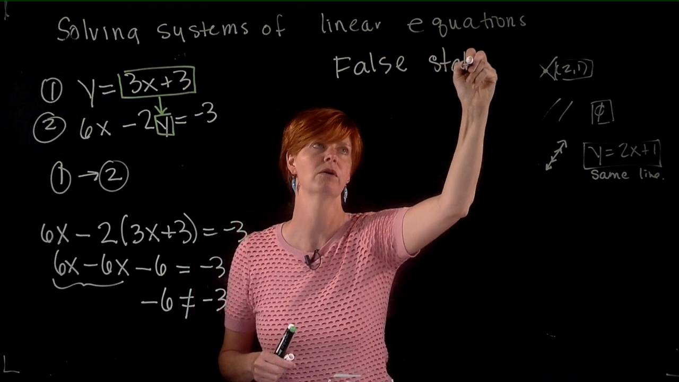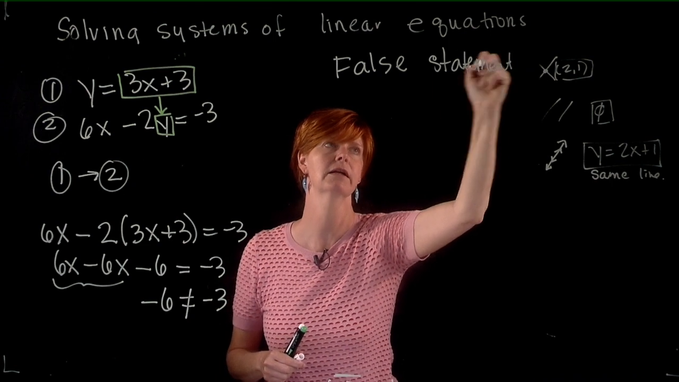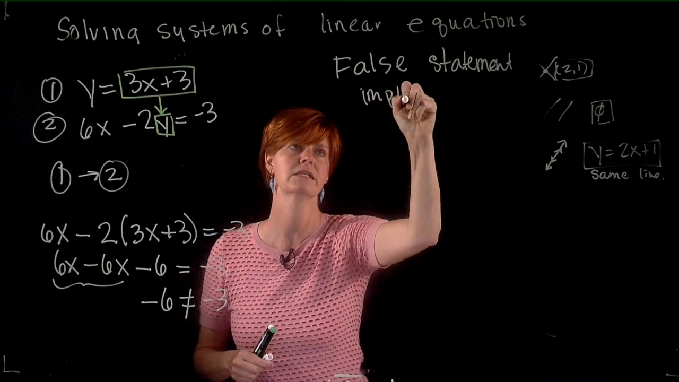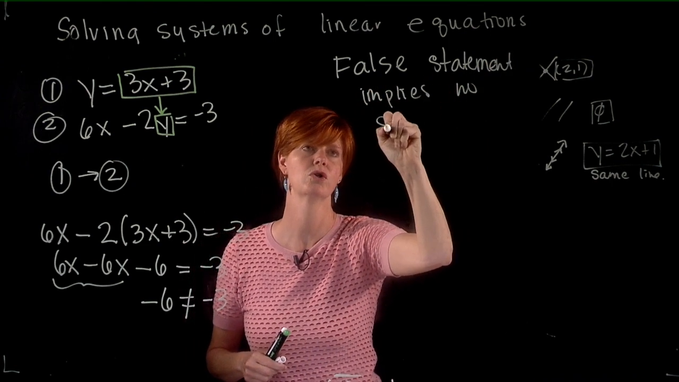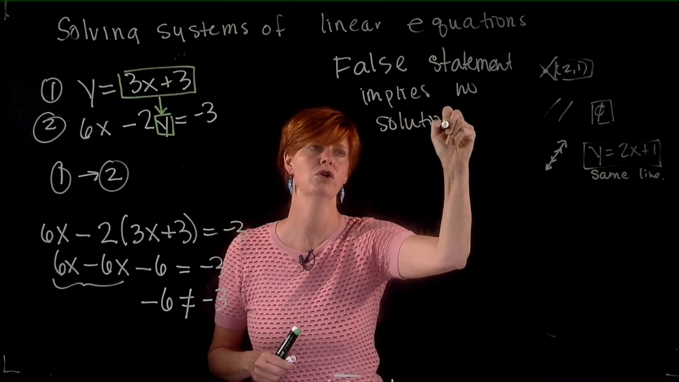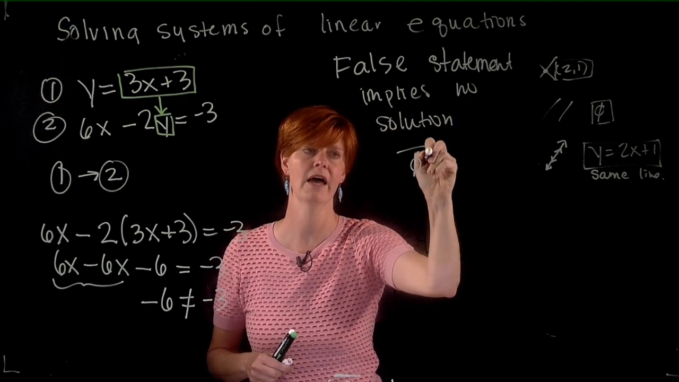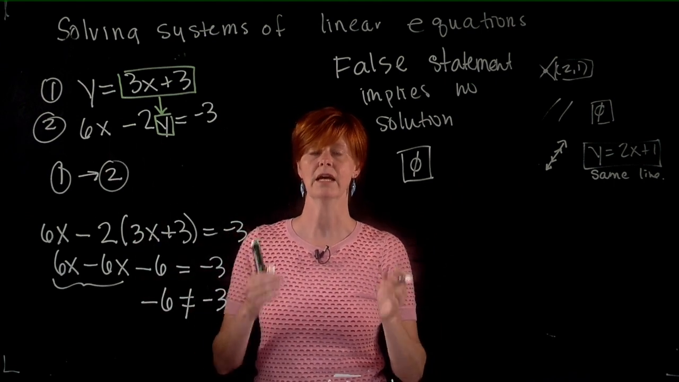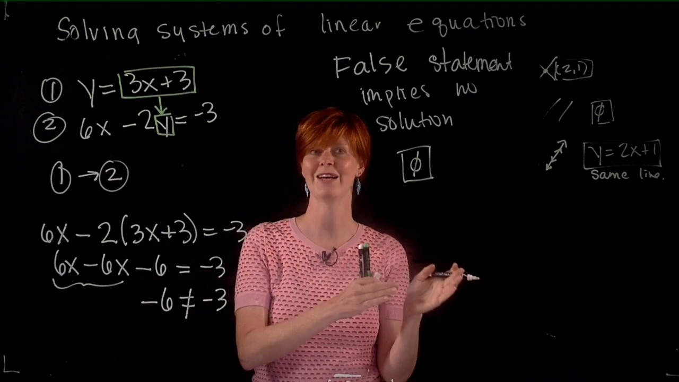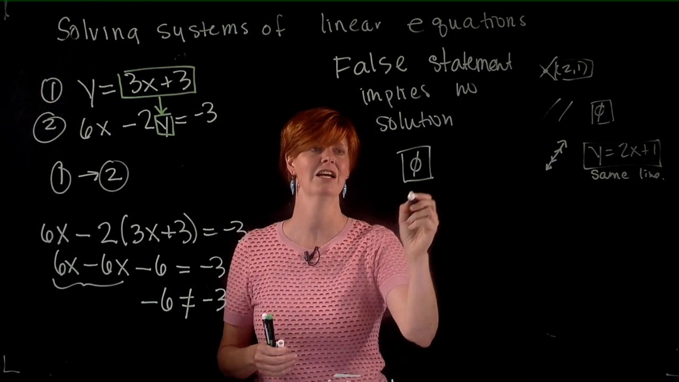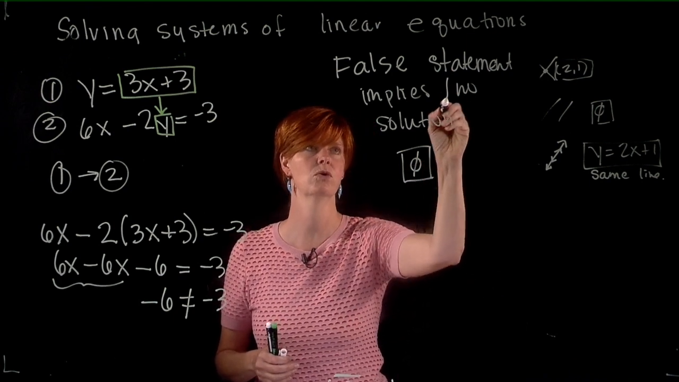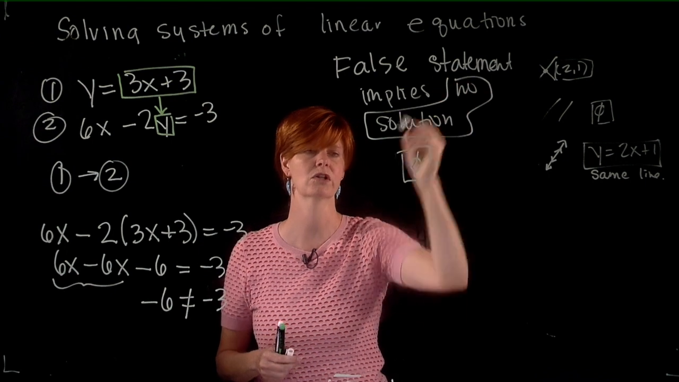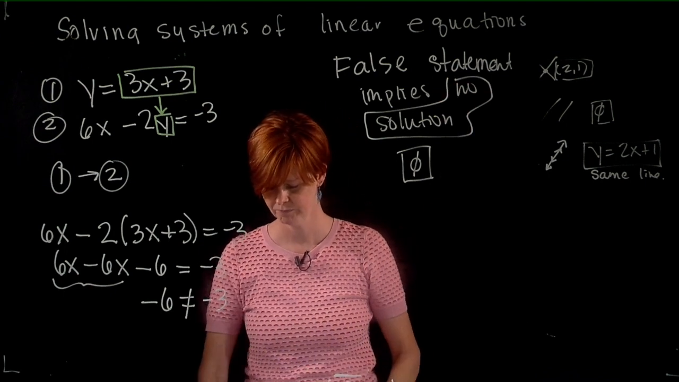So let's write that out in words. A false statement implies no solution. You could confirm that those lines are parallel by rewriting them and noticing that the slope is the same, but the y-intercept is different. Okay, you can either write that or you can box in no solution. Either one of those is fine. Okay,